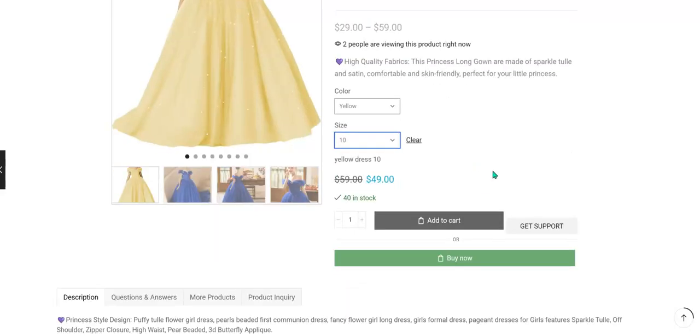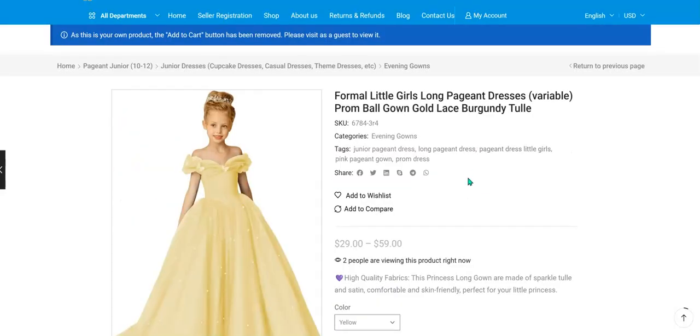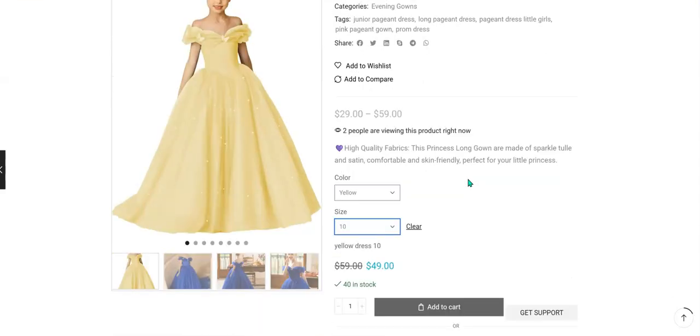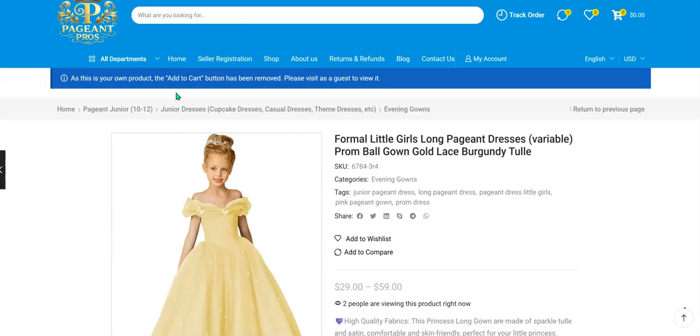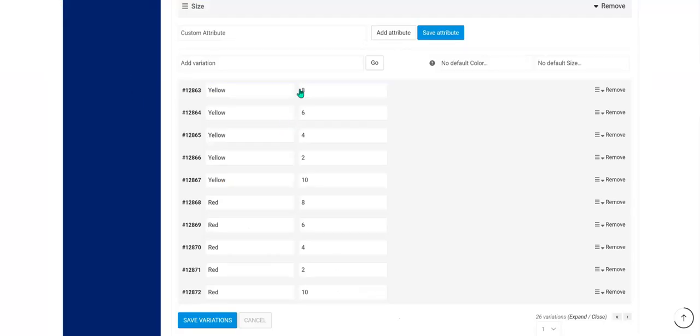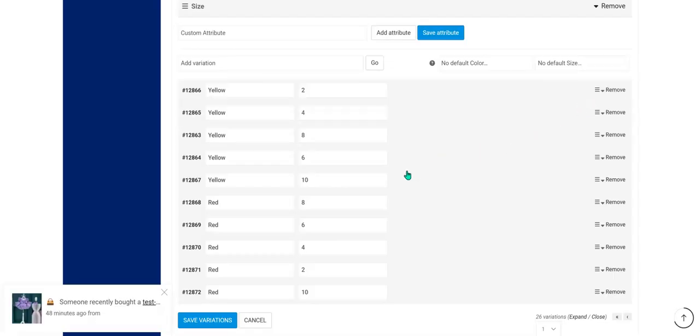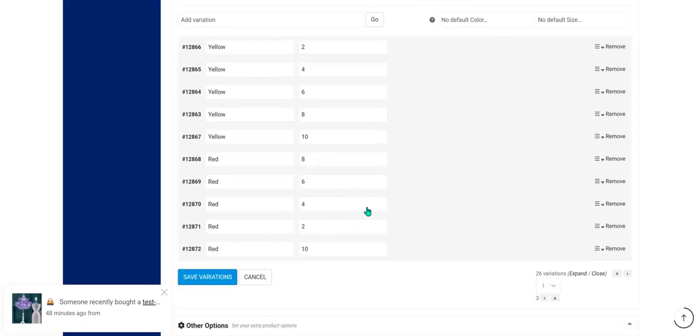Now, what I'm gonna do, I'm gonna go ahead and add the other colors, the red, the plum, and so on. So let's go ahead and do that. Remember, you can move these in order. So let's put this number 2 up here, 2 and 4, right? 4, 6, 8, 10, right? Okay, now red,